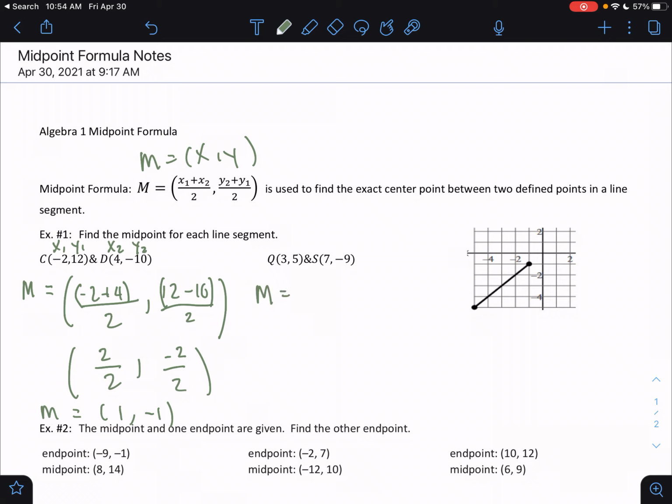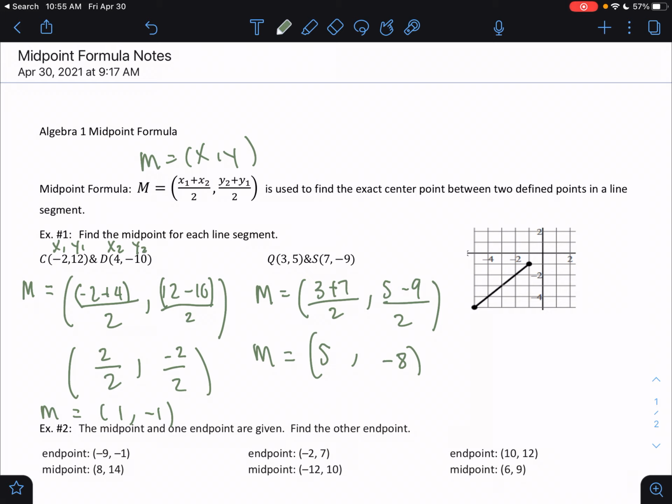So midpoint equals, let's just add together the x's. So 3 plus 7 divided by 2, add together the y's. So we'll have 5, and then I just did that all at once there. And then we'll have negative 8. All right, for this one,